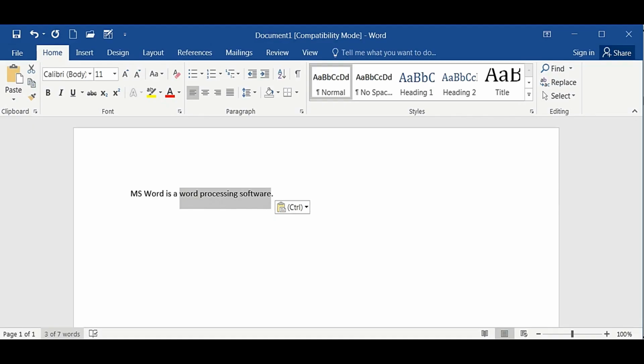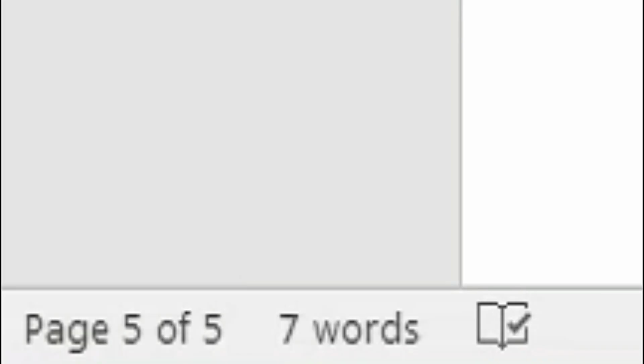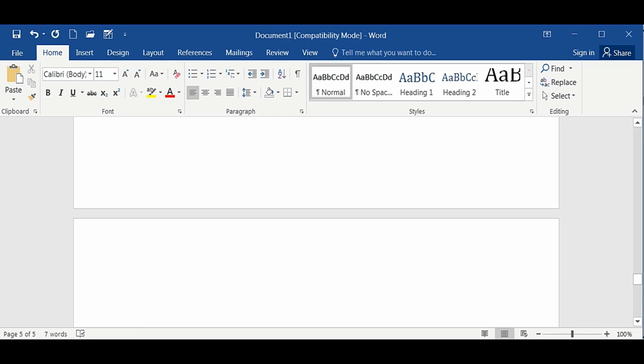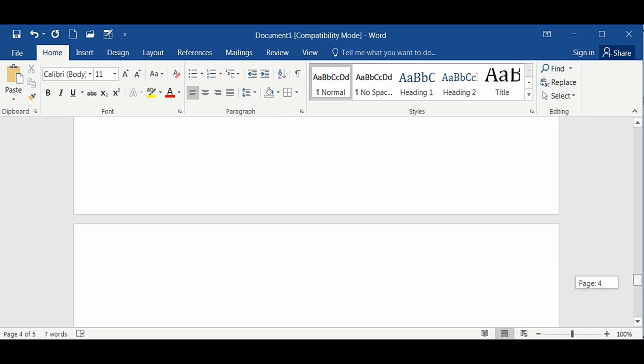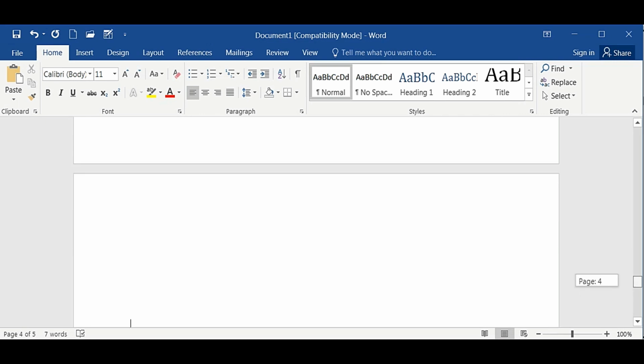Now let's see, if I press the enter key, you can see that my cursor is moving down. Now you can see that this is the 5th page. The page number has shown. Now this file contains 5 pages. You can carefully see this is a separation. When I am holding the scroll bar, you can see that the page number is reflected over here, that is 5, 4.